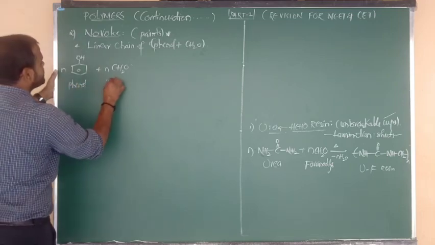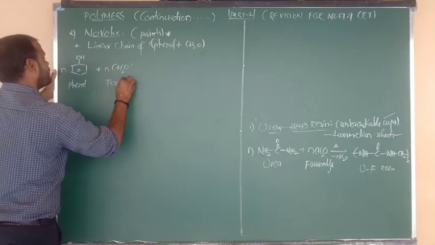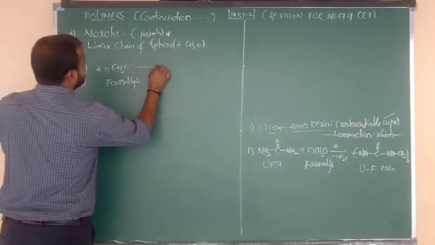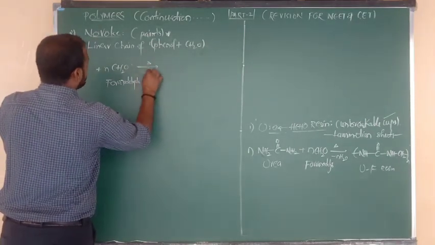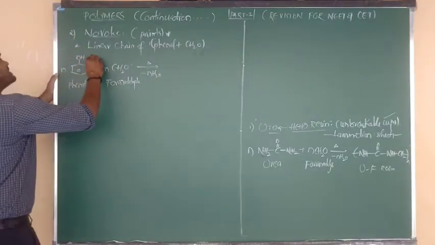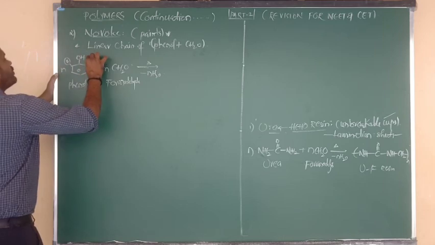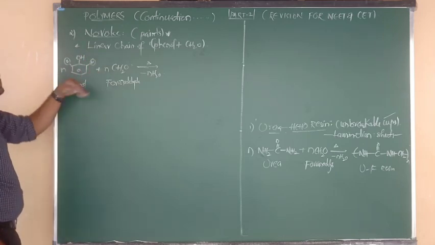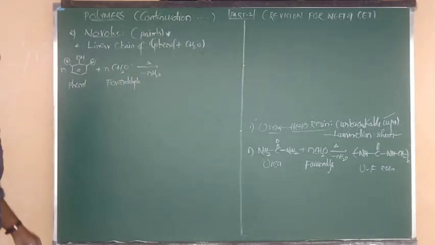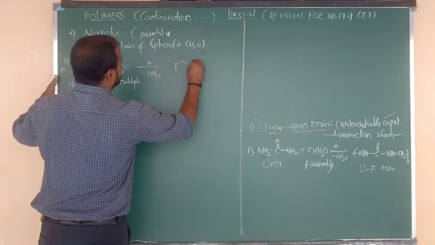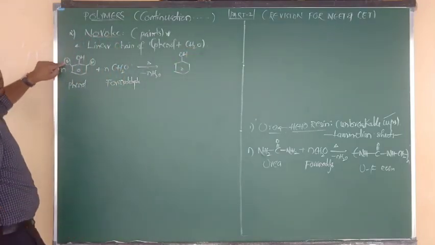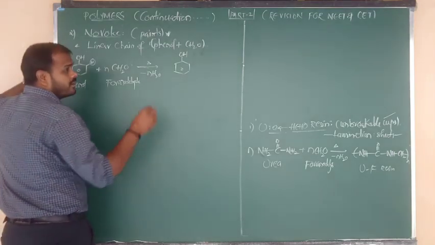So n moles of phenol upon condensation with n moles of formaldehyde. Simply upon heating there will be loss of water molecule. Definitely upon condensation, elimination of water molecule will be there. So this is the ortho site. From the ortho sites I am going to remove the H from two ortho sites. Remove two hydrogens. It combines with O and is eliminated in the form of water molecule. So the remaining structure is the same thing, benzene bonded to OH, where from the ortho site we are removing the hydrogen atom.